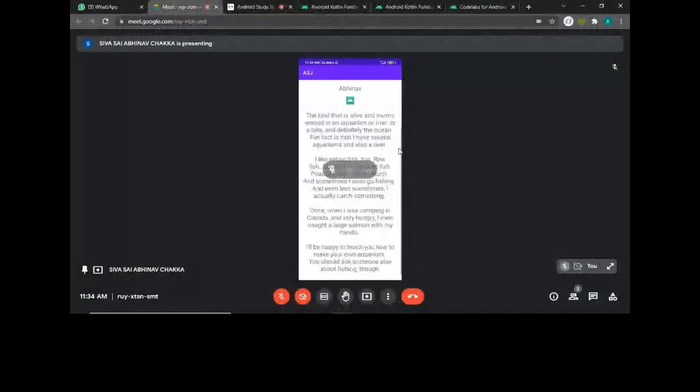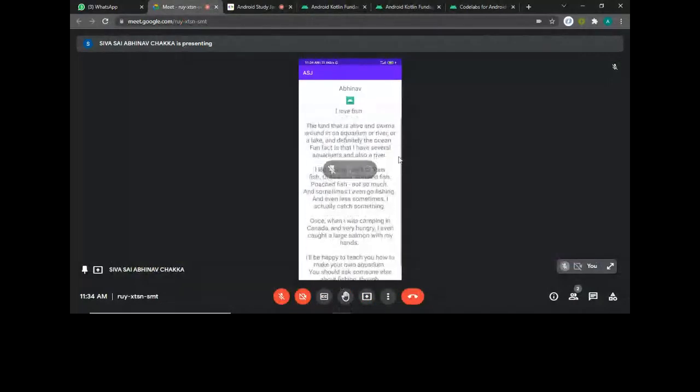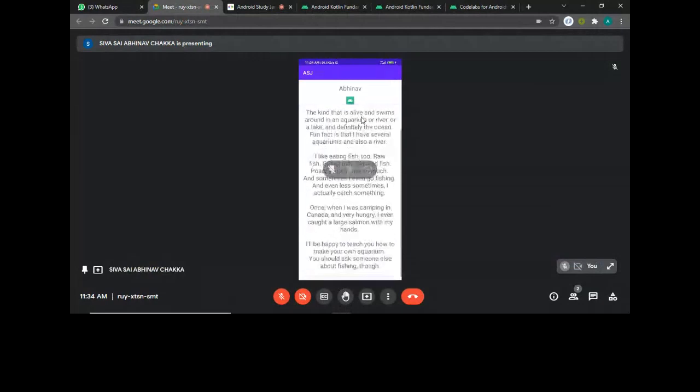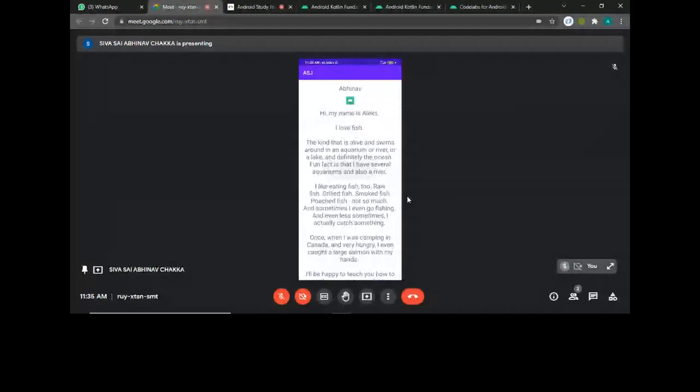You can see the scroll bar there. Before it wasn't there, now I can scroll up and down. You can see that effect which comes when you try to scroll further, and down also you can scroll further below. That is that.